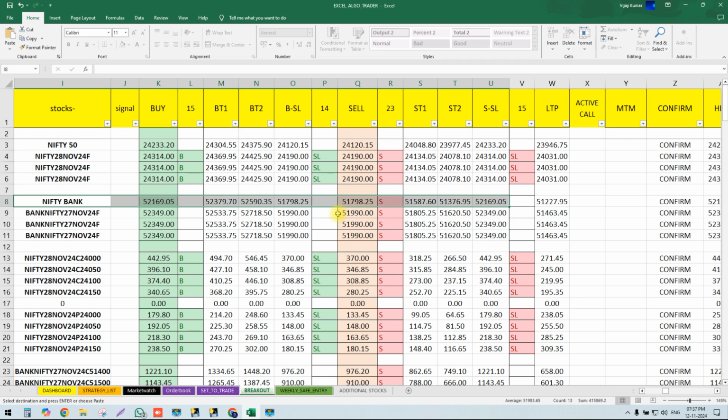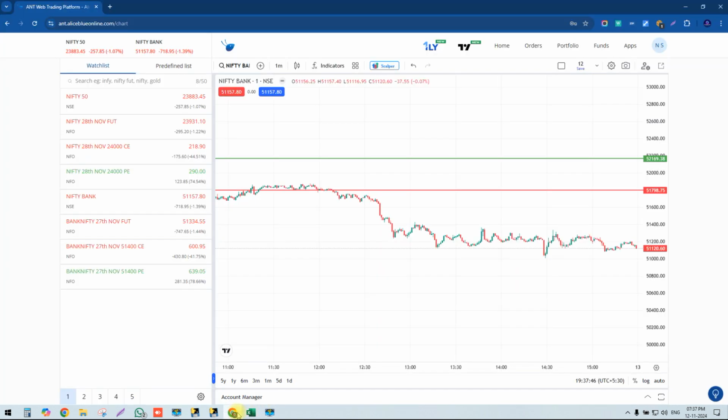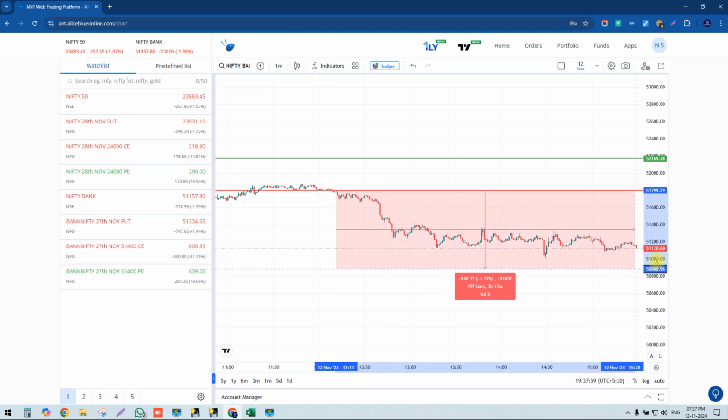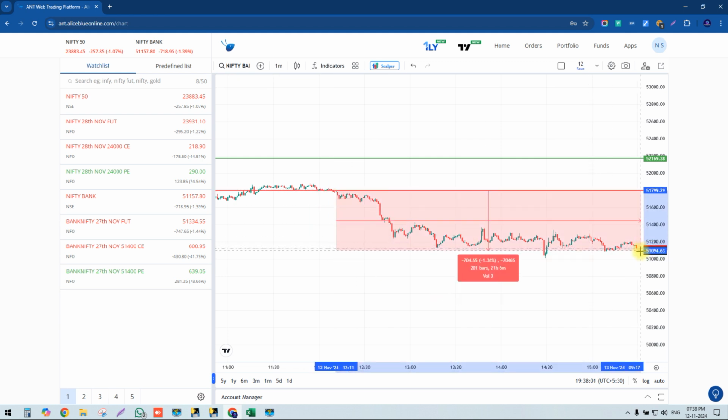and sell is generated at the rate of 51,798. Okay guys, marked it and I'll show you here. Sell is 798 and buy is 169. Yes guys, you can see here, and here our sell is generated in Bank Nifty and market went down after our sell levels. After giving our sell levels, you can see here almost 713 points market went down,